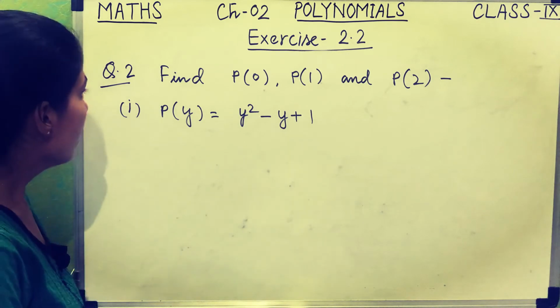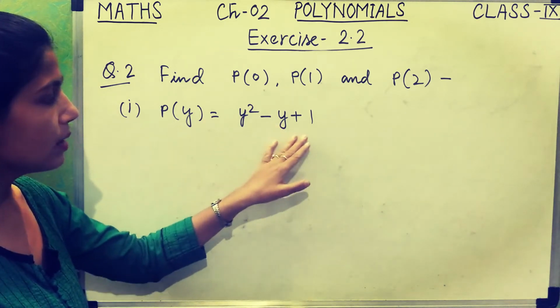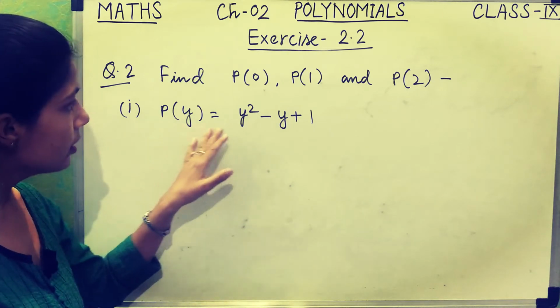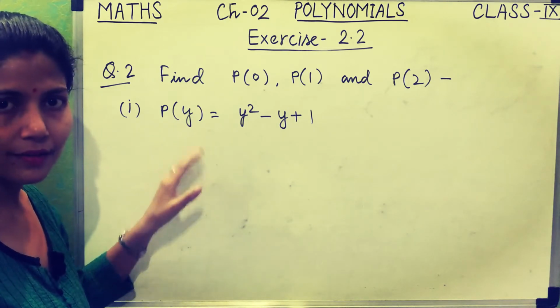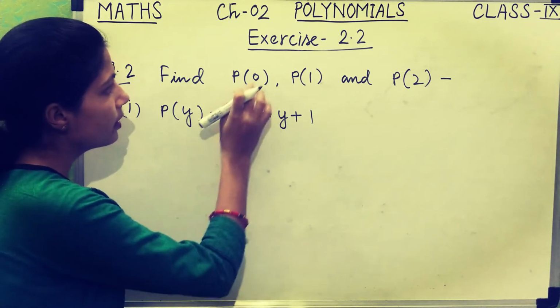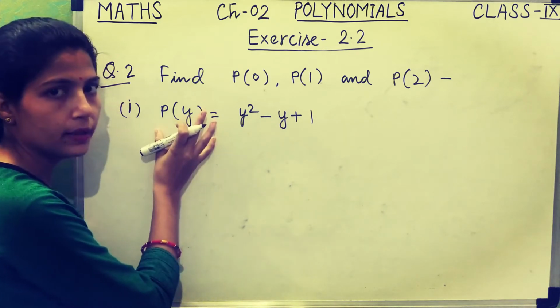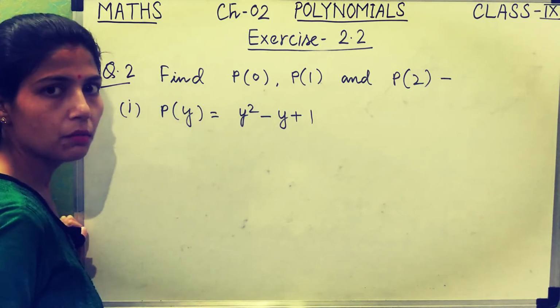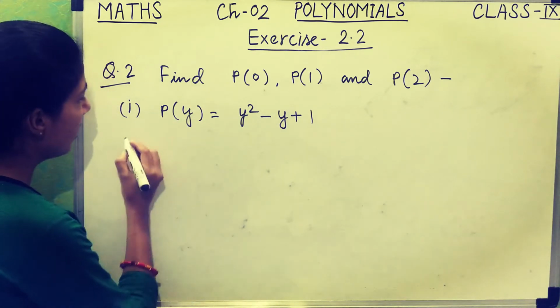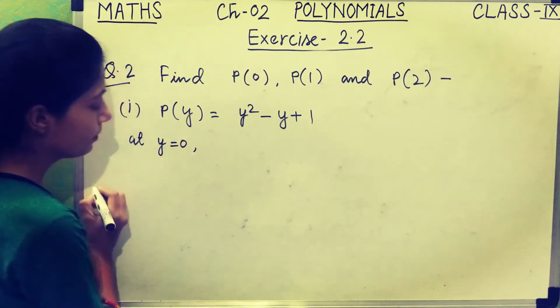So let's take the first part, p(y) equals y square minus y plus 1. Here the variable that is given is y. Okay, so we have to assume first the value of y as 0, 1 and 2, at which you have to find out the value of this polynomial. Okay, so at y equals 0,